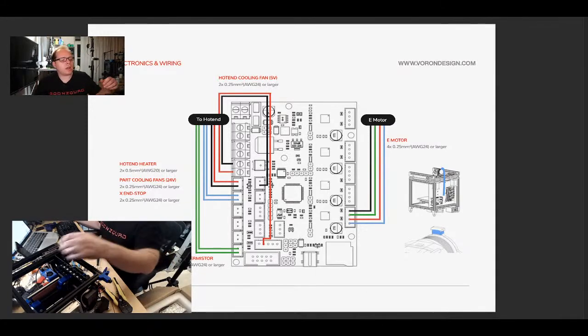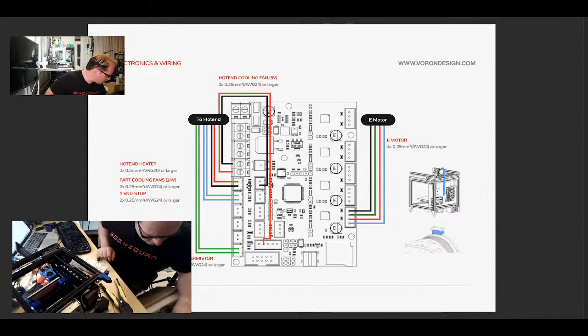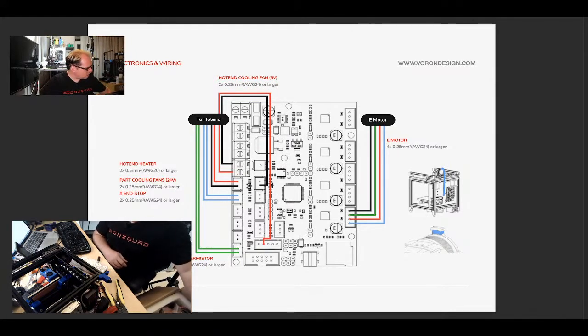But the one that I have here, did I order it specially? Or didn't I do that? I don't know. I did see another fan laying here in the box, but I don't know which kind of fan I used. I don't want to take the whole fan out of there. Yeah, I think I used the 24 volts. Yeah, I did use it. Not the one that came in the kit, because...